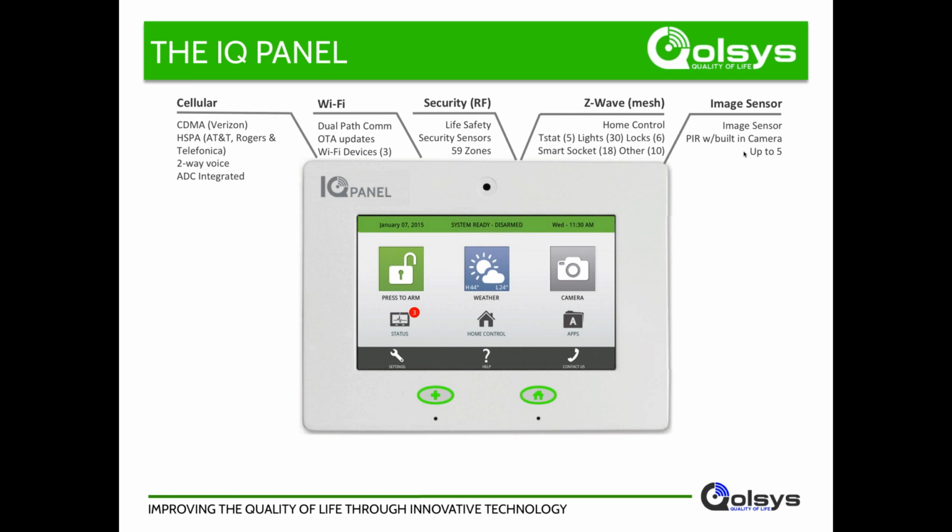Now, when I started this slide, I said we have 6 radios embedded in the panel, but I only listed 5. And that's because the 6th radio we're not using today. The 6th radio that's on the panel is Bluetooth. We're not actively using Bluetooth today, but kind of speaking to the core architecture of the panel